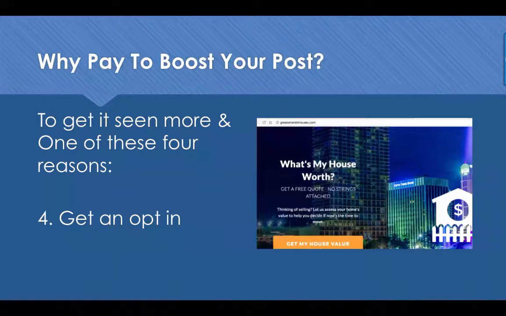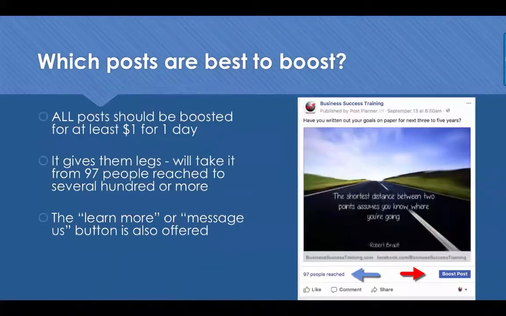But along the way, just because people clicked on it, even if they move away and don't give you their email address for the home value or whatever your offer is, free report, you can still retarget them either through the pixel or because they interacted with one of your posts. But getting the actual opt-in is hard. Getting someone to click on a link is a little bit easier. Getting them to like it while they're scrolling on their cell phone at Starbucks, or commenting, is easier.